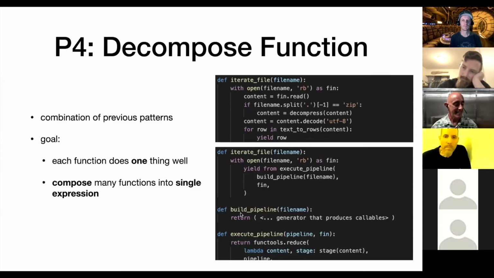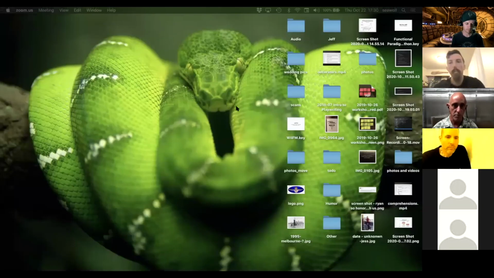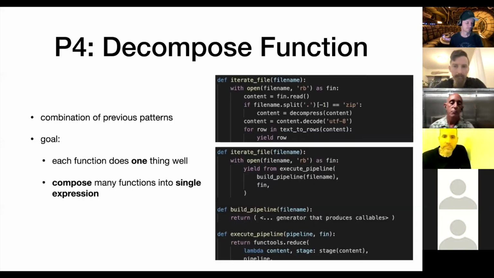So I can test individually if the pieces work independently of testing them together, and breaking everything into its own separate function. Whoops, wrong button, sorry about that. We'll be back in just a moment. There we go. Breaking big functions into lots of smaller functions just makes it easier to reason about the code and test the code. So even if you don't take a functional programming approach, just looking at how to decompose,